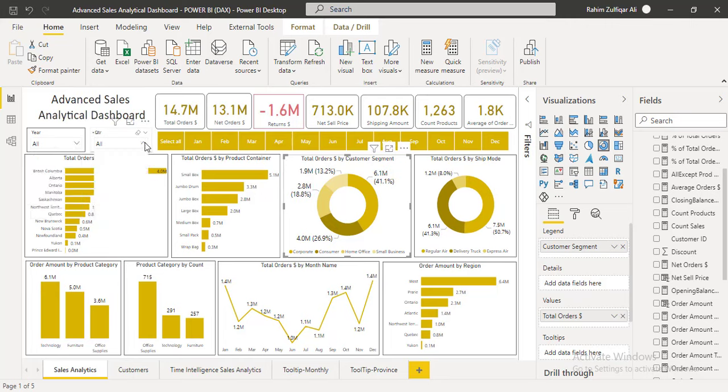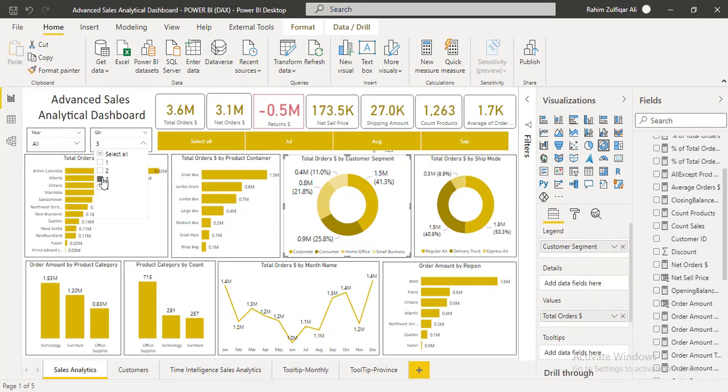You can filter your dashboard to a specific quarter as well. So you can just click on that, and you can see the month slicer is also updated because you have selected one specific quarter from here. If you don't want this kind of behavior, you can just edit the interaction as well.